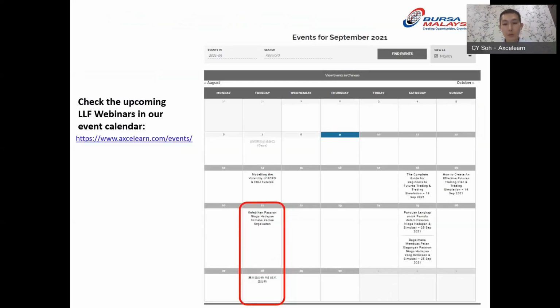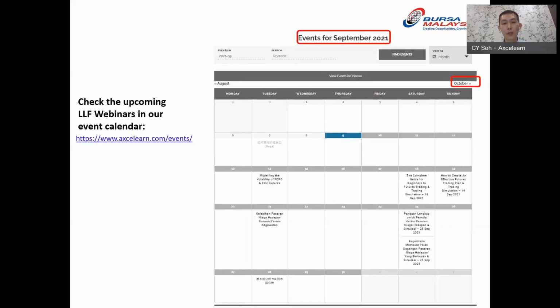Once you scan the QR code, you will come to this page, and there will be an event calendar. If you would like to join the upcoming sessions, all you need to do is find the Tuesday column here. Topics will be posted on the calendar on our website. You can click on one and register yourself. If you want to find out the following month's calendar, go to the upper right of the calendar and click on the subsequent month to see the upcoming topics you would like to participate in.